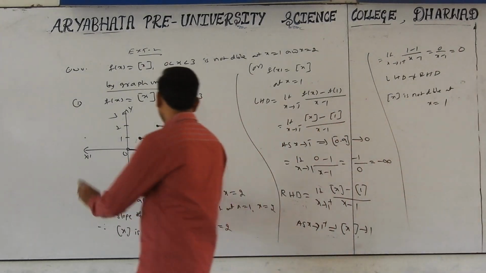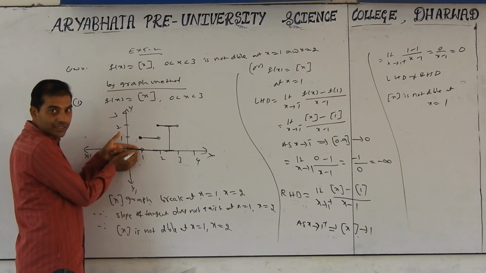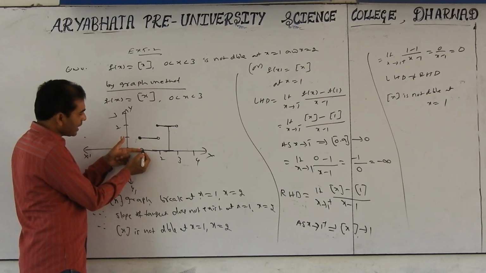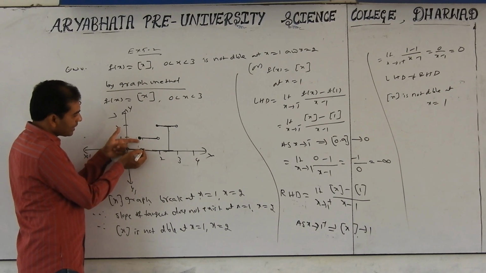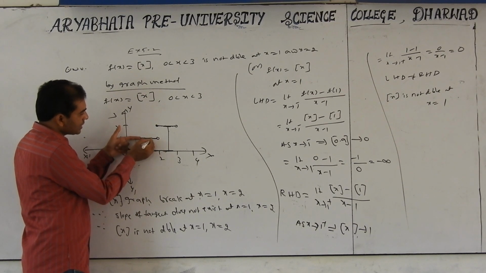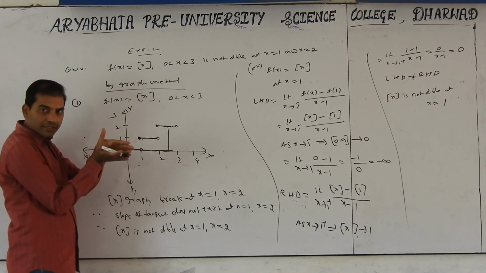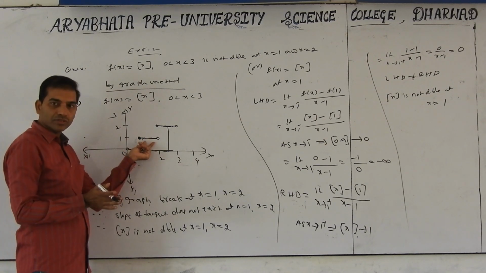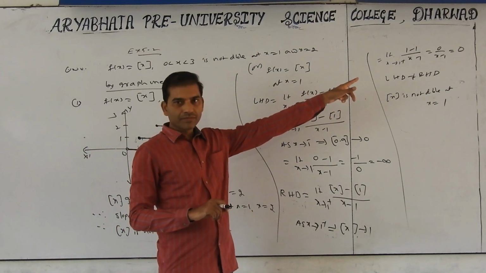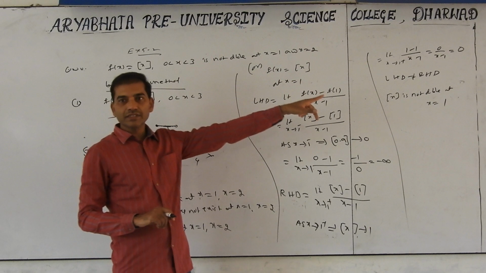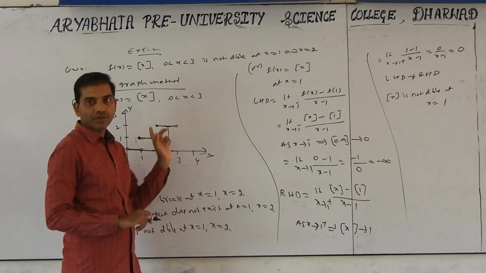Here, if you take the left derivative at 1, the slope of the tangent does not exist. Here no graph, but if you take the right derivative, this tangent is parallel to the x-axis. Parallel to the x-axis means the slope of the x-axis is 0, then this slope is also 0. Slope is nothing but dy by dx. So that's why the right derivative is 0. Left derivative does not exist, right derivative is 0. So it is not differentiable at x equal to 1.